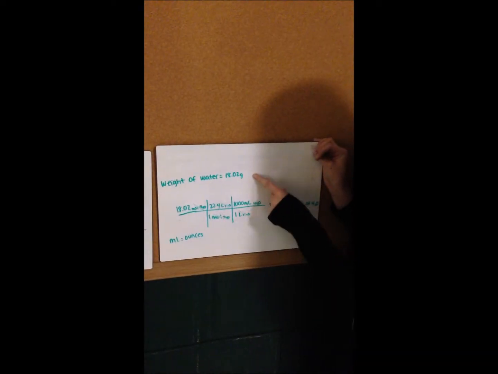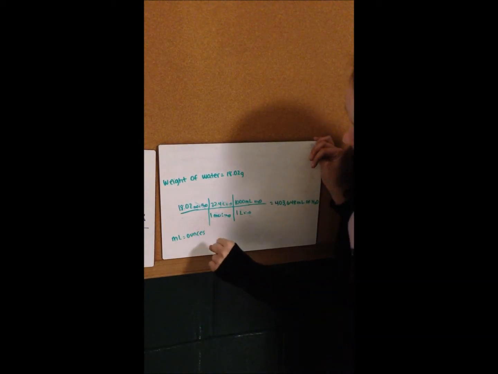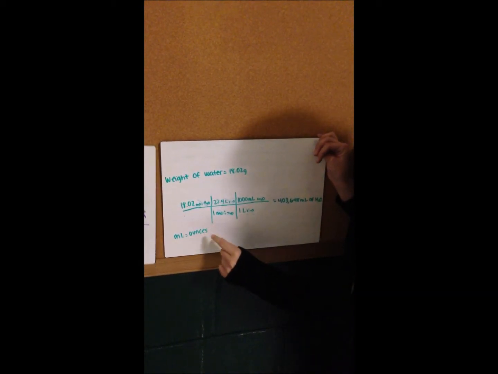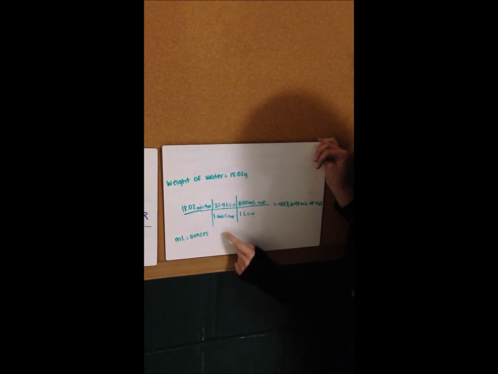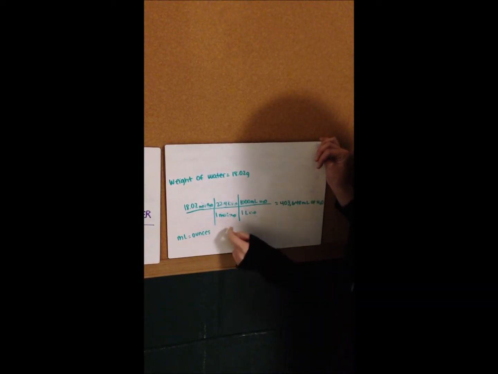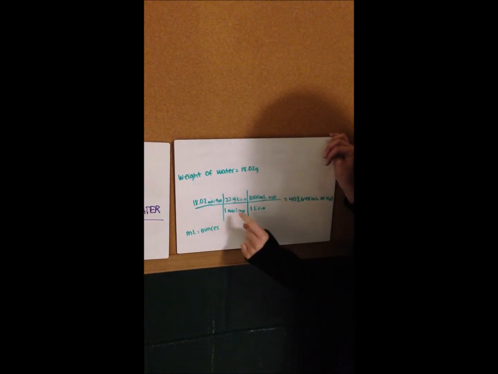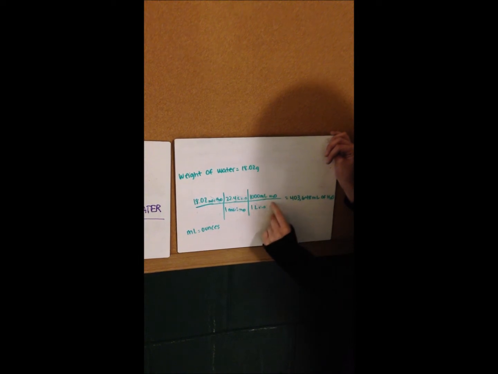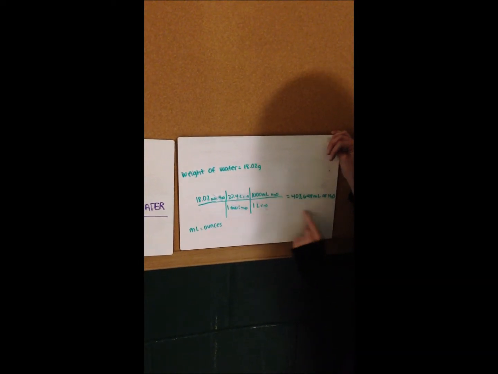So because the weight of water is 18.02 grams, and we want to get it to now milliliters to see if we can drink it, we're going to do a conversion factor. So we're going to multiply 18.02 grams times 22.4 liters over 1 mole of water. So the moles of water cross out. And then we'll multiply that times 1,000 milliliters of water over 1 liter of water. And the liters cross out. So you're left with